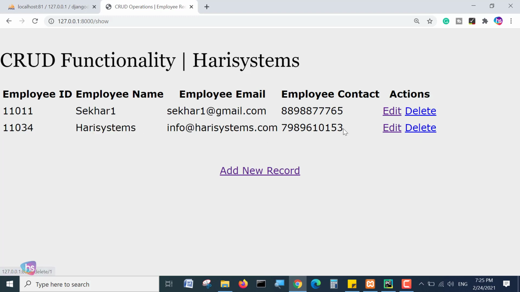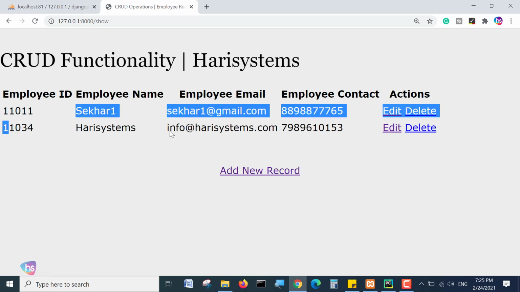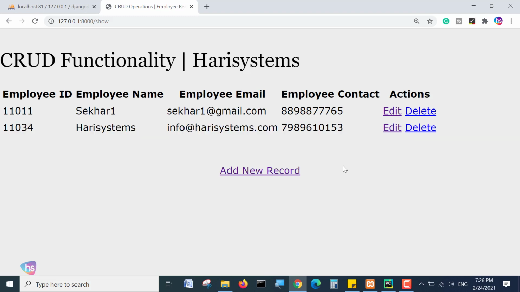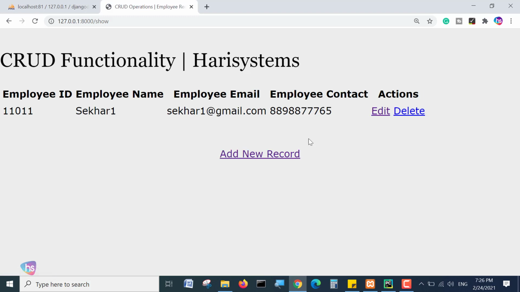If this record is not required in your database or in the functionalities you are presenting, you simply click the delete button. How simple it is. See, if I press the delete button, the record is no longer available here. It completely interacts with the MySQL database. One by one, I'll tell you very clearly the project and the way it interacts.